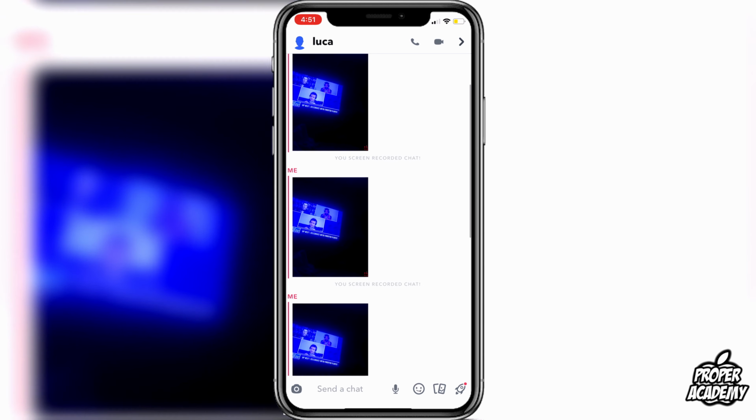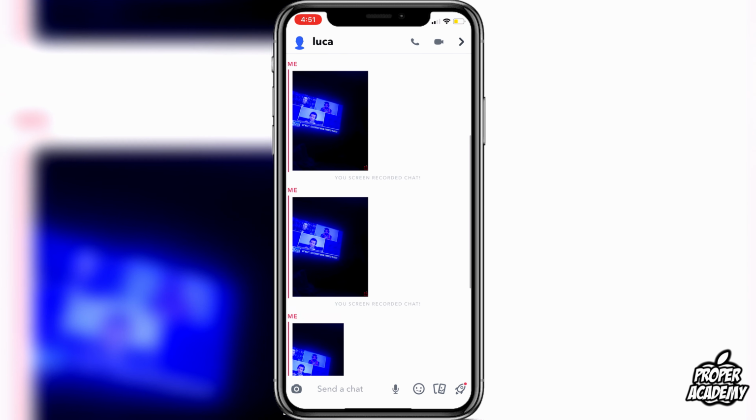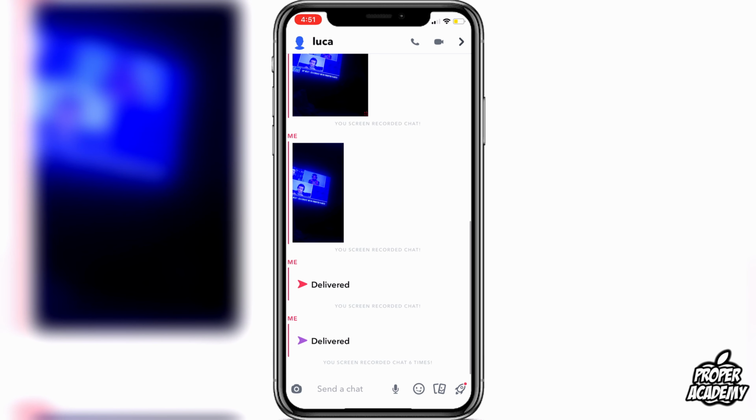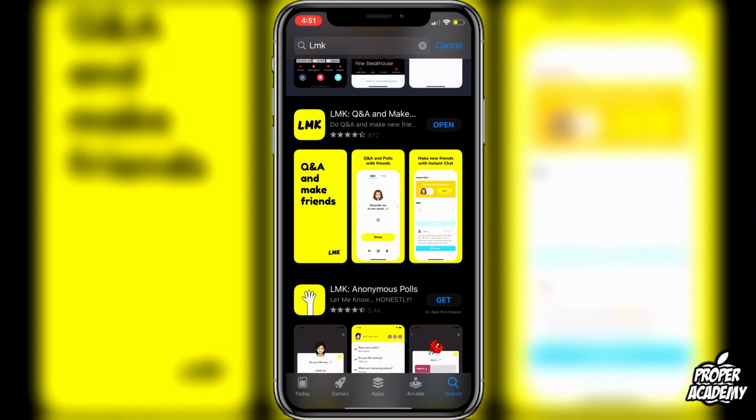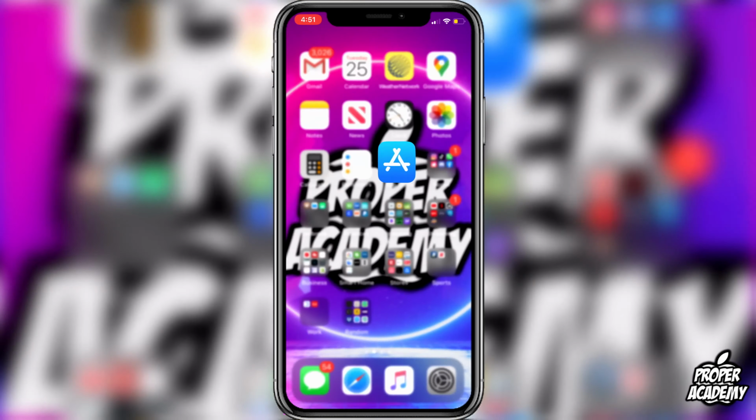Now, I'm just going to show you guys really quickly what it looks like. Obviously, when you have a video or a picture from your camera roll, it just goes in the chat like this. I'm going to show you guys how to send it as an actual video snap. So what you want to do is just be on the chat section of your Snapchat, and then you want to go ahead and download this app from the App Store called LMK. So you just want to download this really quickly from the App Store, and then you will be able to